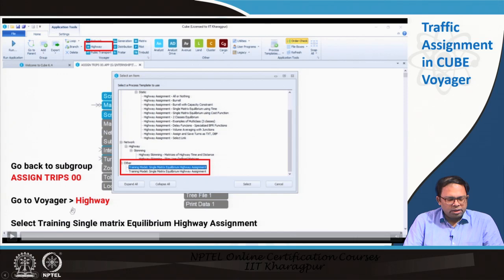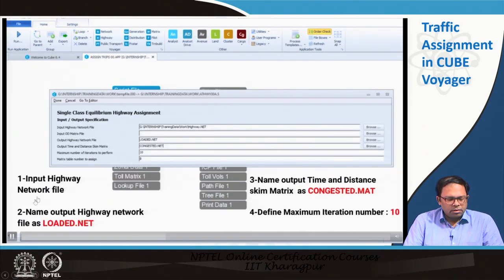We select the training single matrix equilibrium highway assignment, and then next, we input the highway network file, and we name the output highway network file as loaded.net, and name the output time and distance skim matrix as congested.mat, and define the maximum iteration number as 10. So, these are the parameters that we have to set for running the equilibrium assignment model.